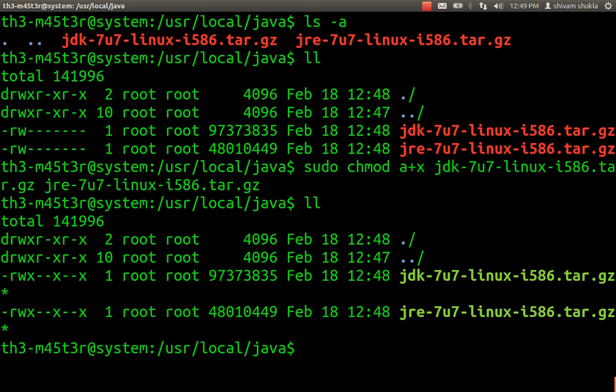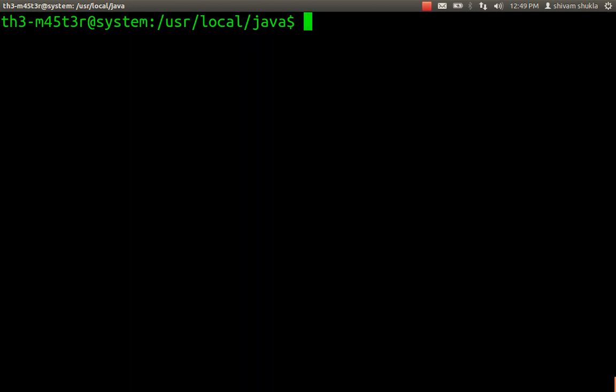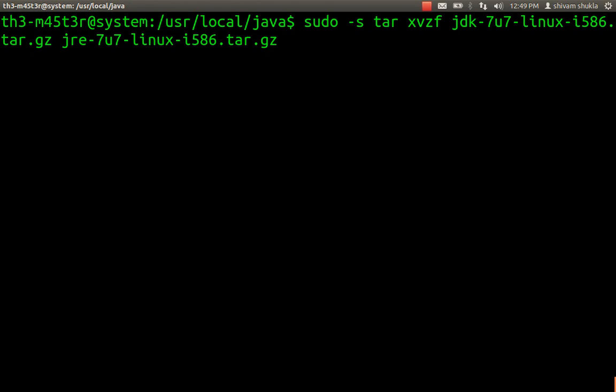Now we need to extract or uncompress them, and we will do it using the tar utility. You can give both JDK and JRE in one command, or you can give them separately. It is as per your choice.